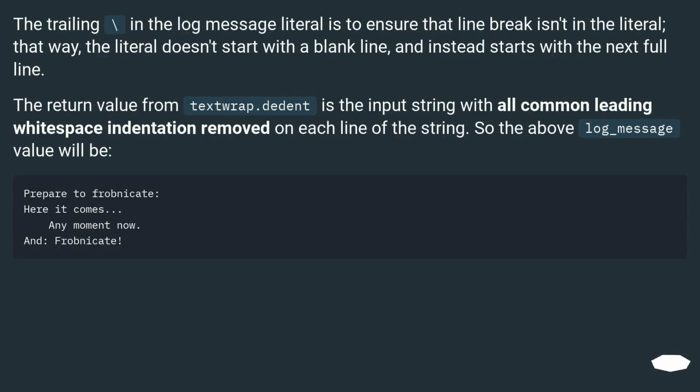The trailing backslash in the log message literal is to ensure that line break isn't in the literal, that way, the literal doesn't start with a blank line, and instead starts with the next full line. The return value from textwrap.dedent is the input string with all common leading whitespace indentation removed on each line of the string. So the above log_message value will be